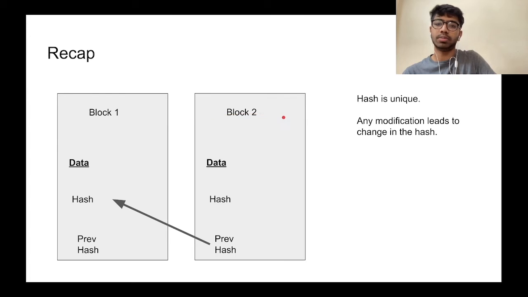We have two blocks over here, block 1 and block 2. Each block has three main elements, which are data, hash, and previous hash. Any modification in the data, even the slightest bit, will completely change the hash because they are always unique. Since there is no block before block 1, the previous hash over here will be 000. The first block of a blockchain, block number 1, is called the genesis block. And since block 2 has a previous block, its previous hash will be the hash of block number 1.